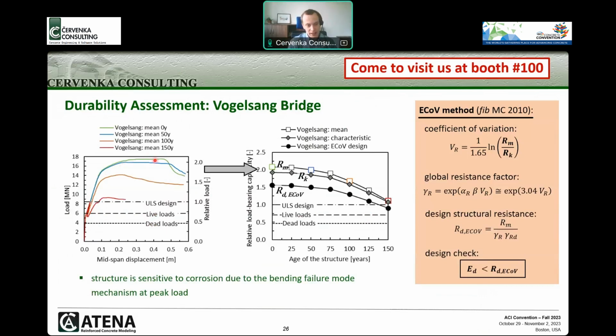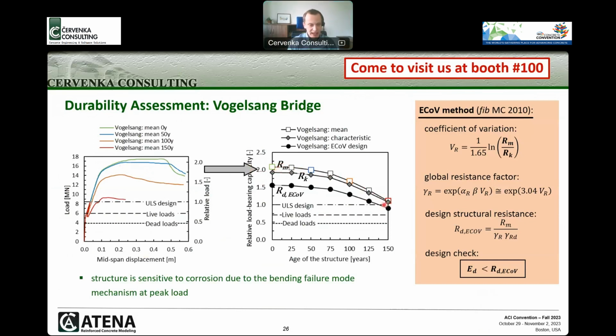This is the model with the mean material parameters used for the material. These load displacement diagrams give the data points on this curve, showing the decrease of the